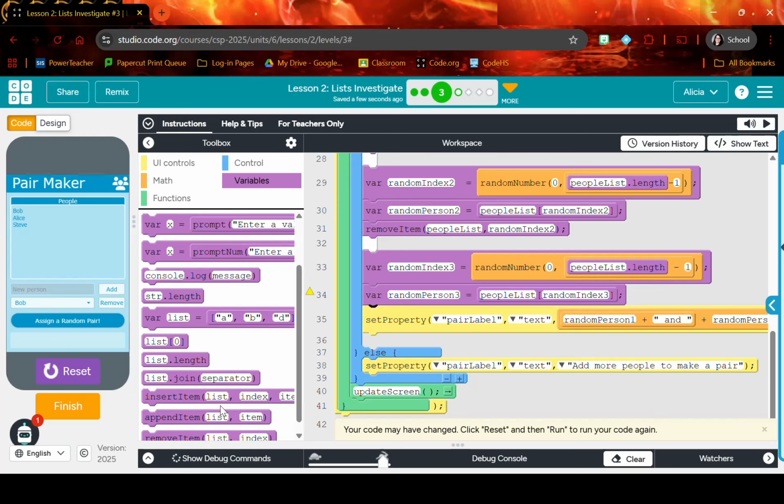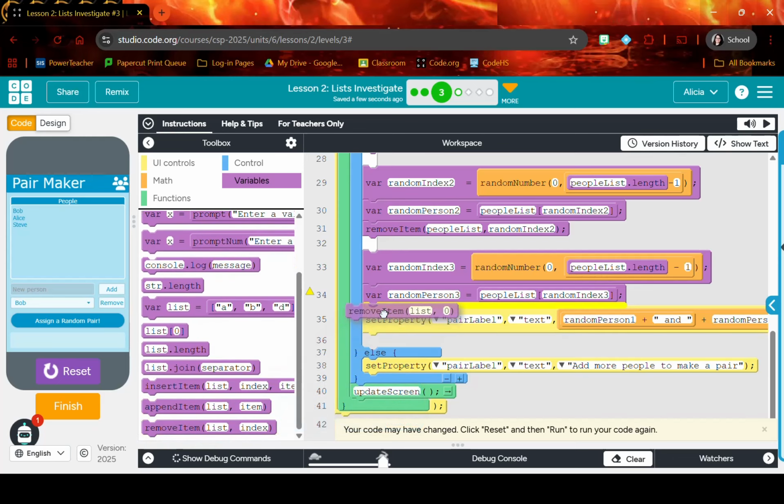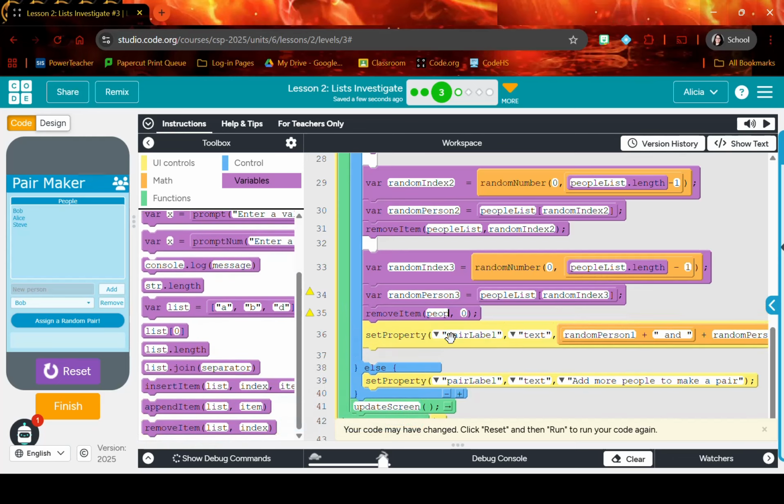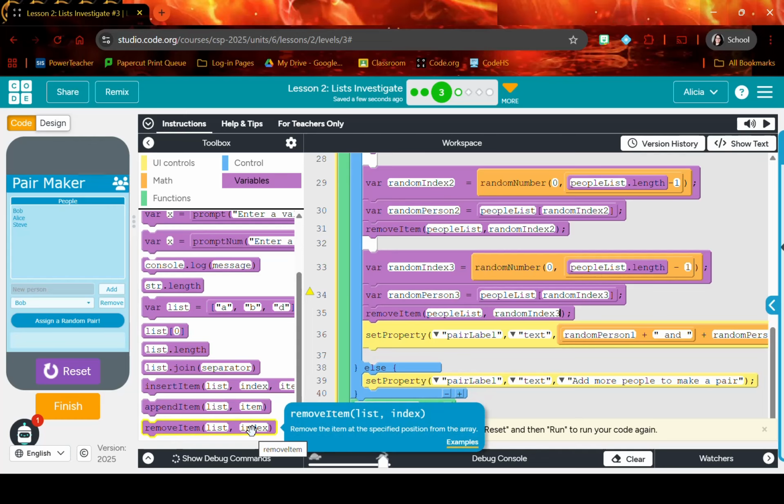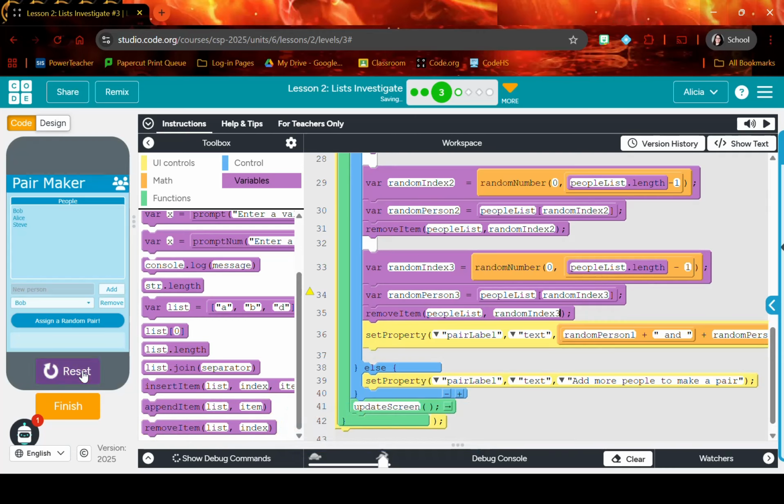And then to make sure that I note that I used that person, I'm going to remove the person at the random index that I picked. Notice I can't say random person 3 there because I have to provide an index, not an element. So now if I run it,